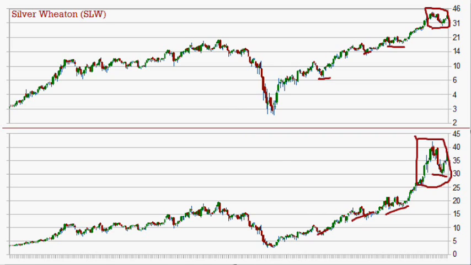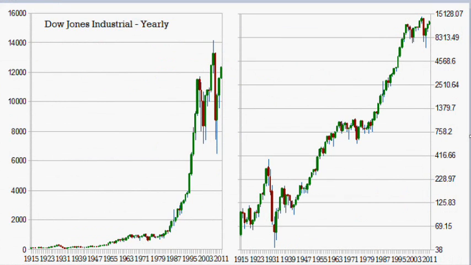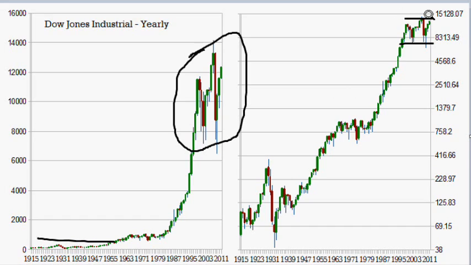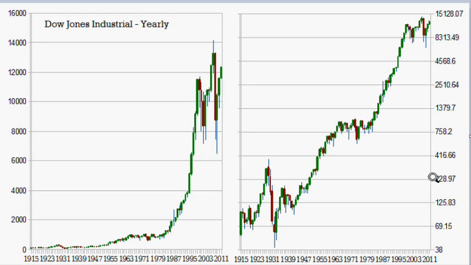And we're going to look at quite a few different charts. This is silver wheat, and the next one is the Dow Jones Industrial Average. This is the yearly chart, and it's a massive difference. The one on the left-hand side is the linear chart. It looks like nothing's happening over here, where in fact a lot of stuff happened. Also, the most recent time frame here, it's a little choppy, yet it's just showing a small sideways time consolidation, sort of like it had back in the 1960s and 1970s. So there's a big example where you'd probably want to use a logarithmic chart